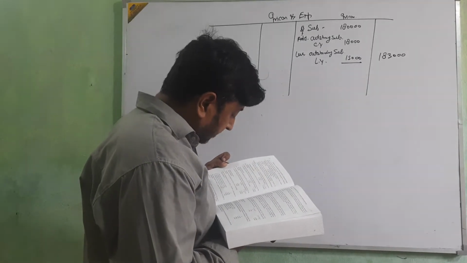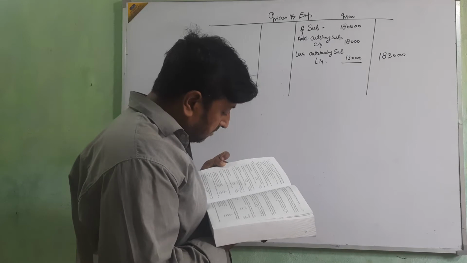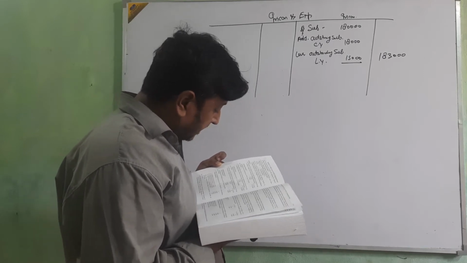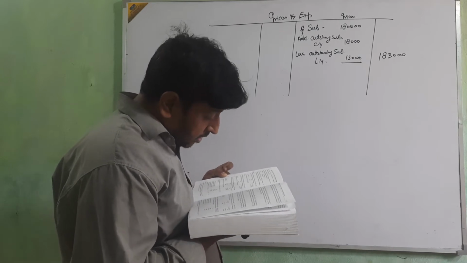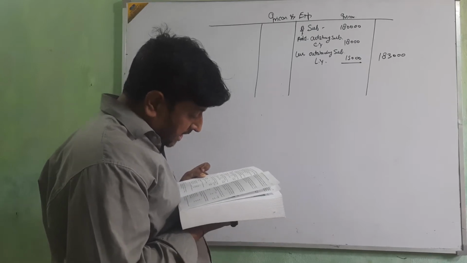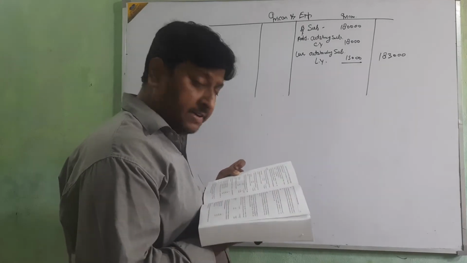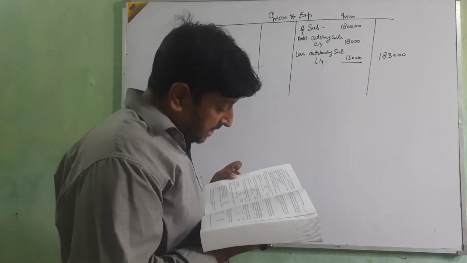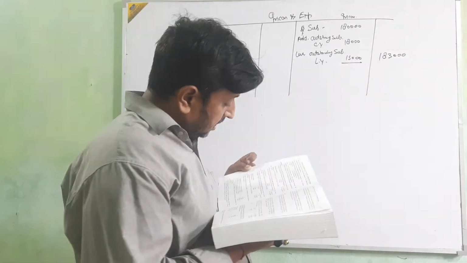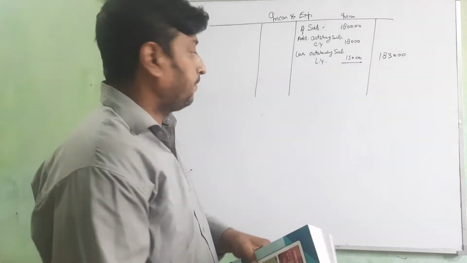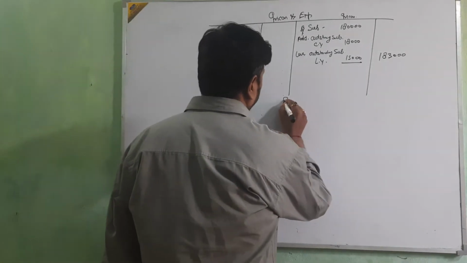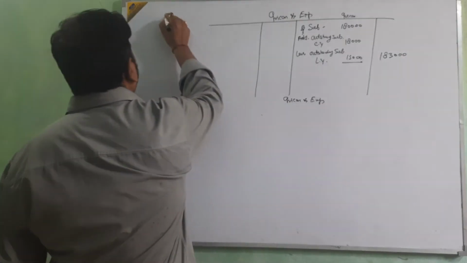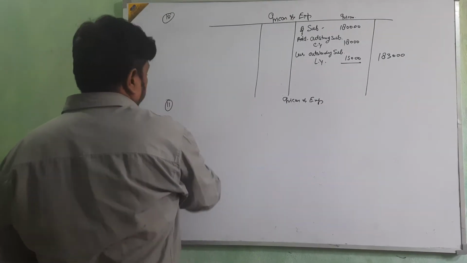Just go for question 11 now. Here again subscription is given for 31st March 19, with outstanding and advance subscription given. Advance subscription is given as on 31/3/19. So 19 is the current year and 18 is last year. Then how are we going to show this? Just see, question 11.